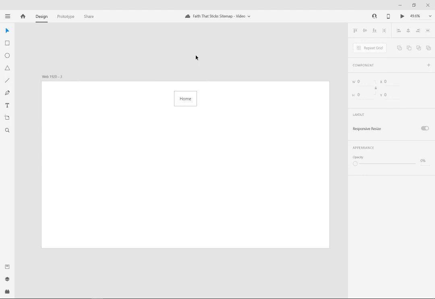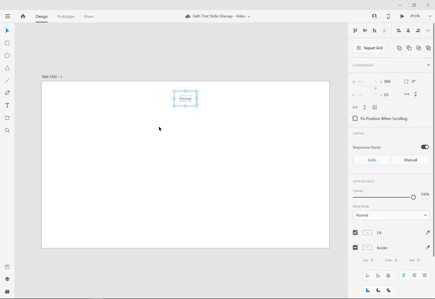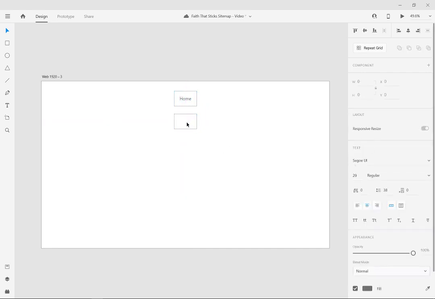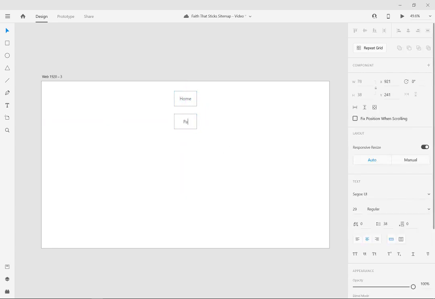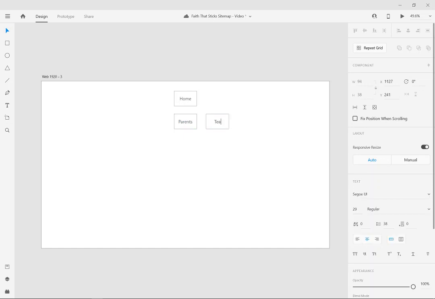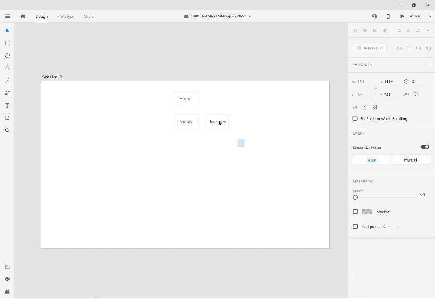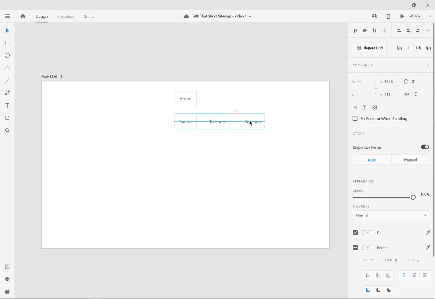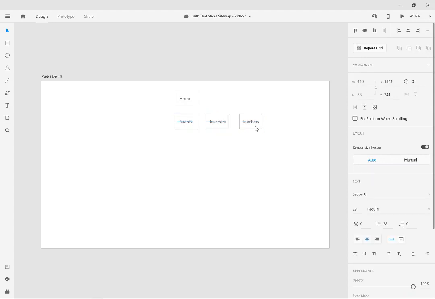So we have our home page. That was a lot to say. We have a home page, and then we're going to take this and we're going to copy it down like this, and our primary demographic is going to be parents. Our secondary demographic is going to be teachers, and then tertiary demographic is probably going to be crafters